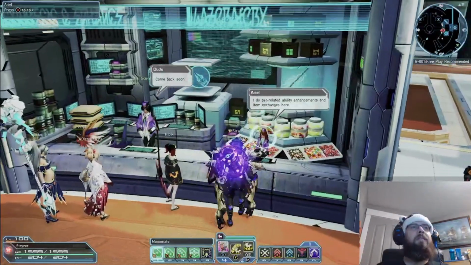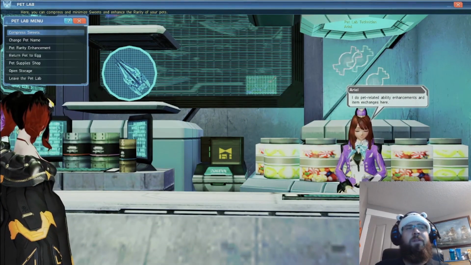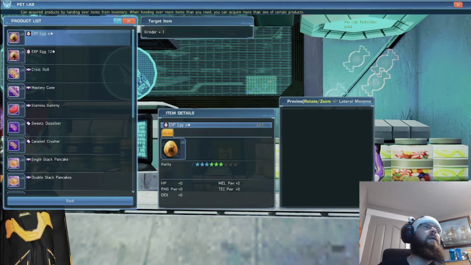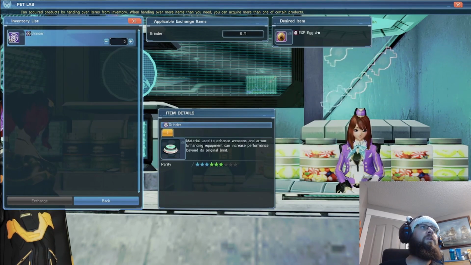And this is your summoner class vendor. This is a whole video in itself also. So you got your, let's see, where is the supply shop? Here you go. So you got your eggs. You feed these to your pets. I'll buy one just to show you. They take a